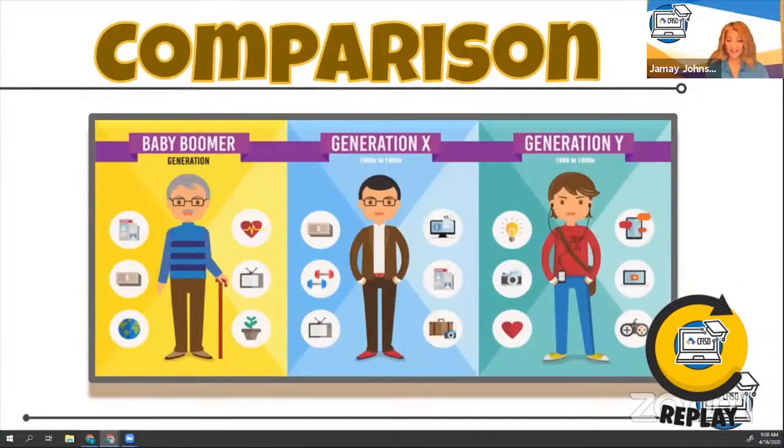That's a great idea. And then here's another infographic, comparison. So if you're comparing things, you could have some images and you can compare things like, for example, the baby boomers, Generation X and Generation Y, and you can see the things that